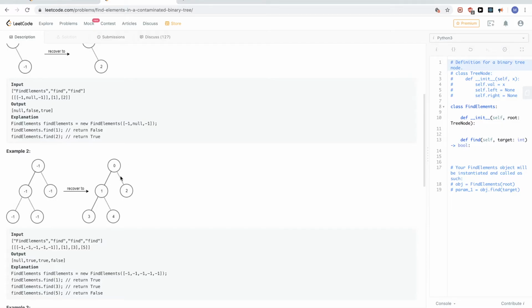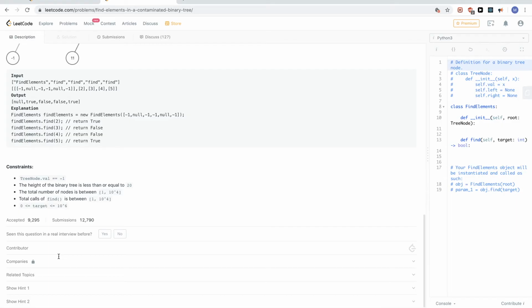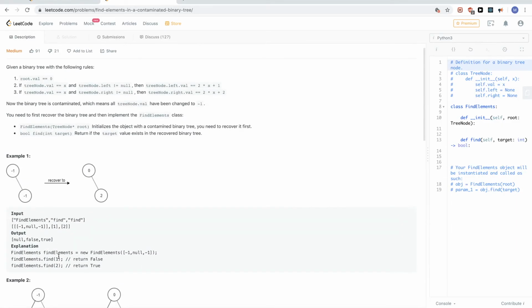So once you get this tree here, searching for value 1, it will be found, so we return true. Searching for 3, we'll find it. Searching for 5, we won't find it. So what this means is that